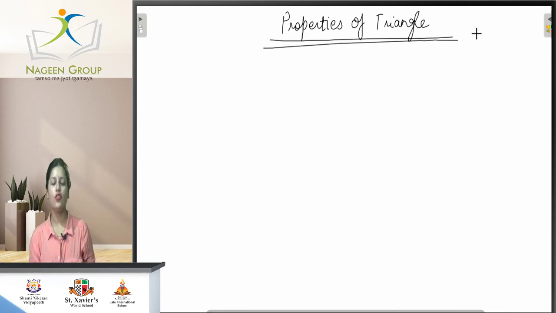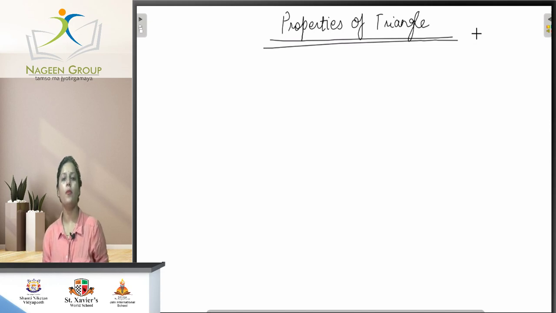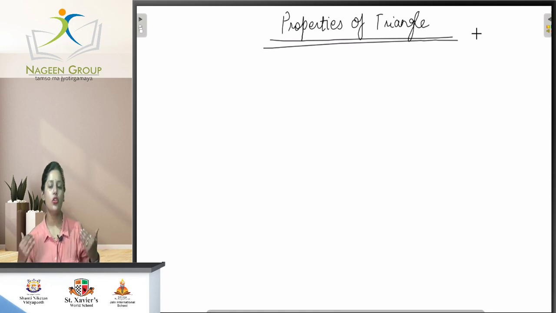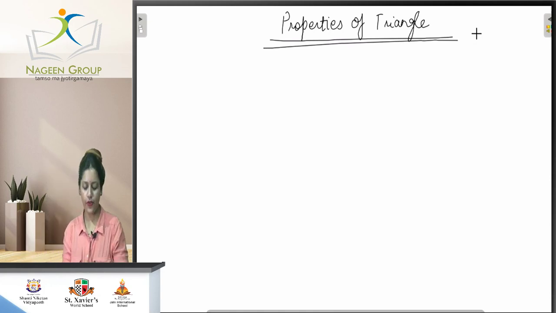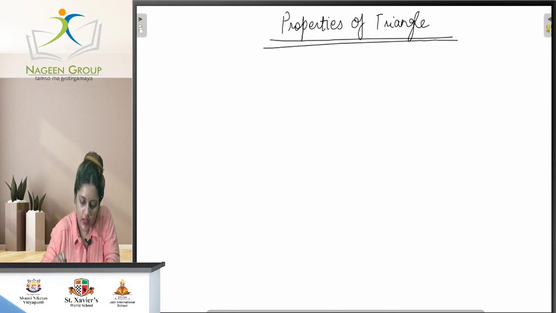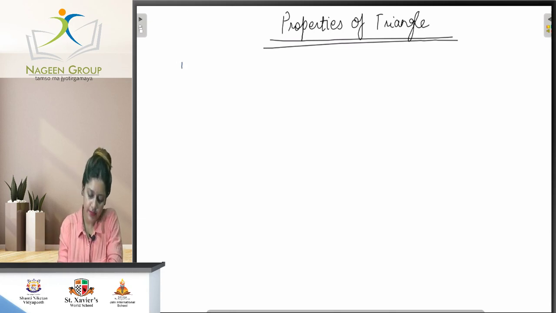So in this class 4, the topic is some properties of triangles. In this class we are going to mainly study the properties of a triangle, their proofs and some theoretical part. So first of all, the properties of a triangle in theory, the first one is